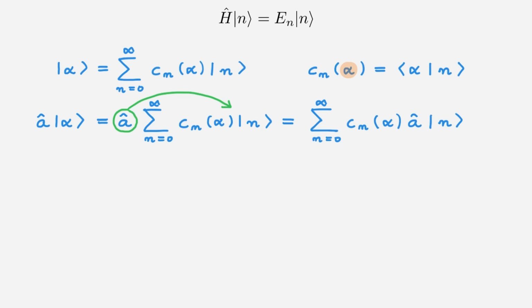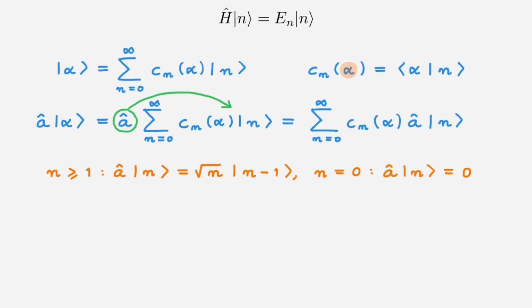Now, remember from the video on ladder operators that for n larger than or equal to 1, the lowering operator acting on an energy eigenstate gives another energy eigenstate with one fewer energy quantum. And for n equals 0, the lowering operator acting on the energy eigenstate kills the state. Using these results, we can write that the action of the lowering operator on a coherent state is equal to